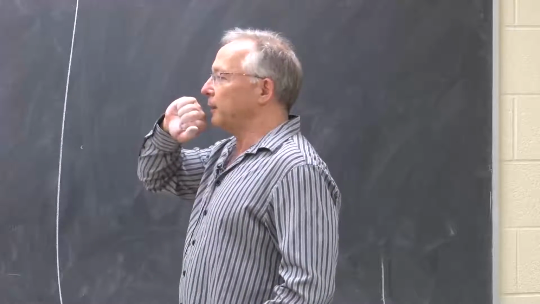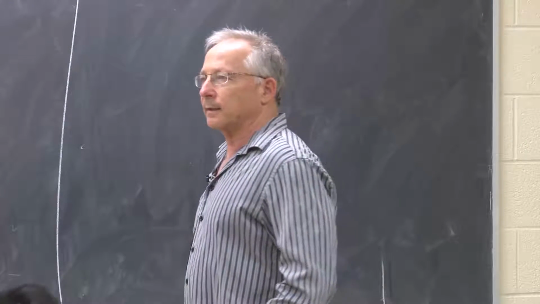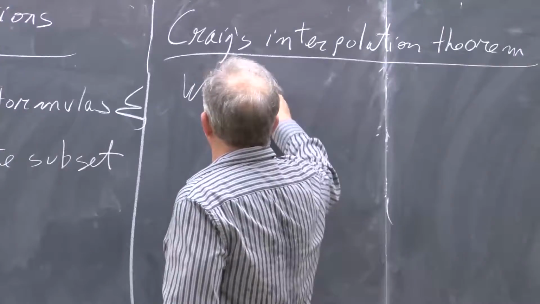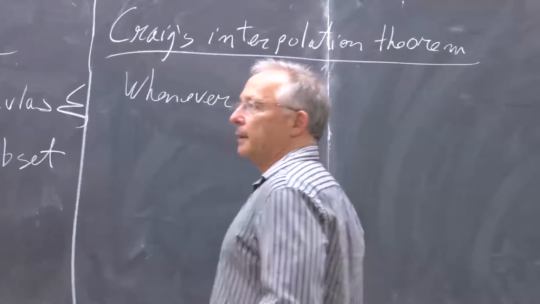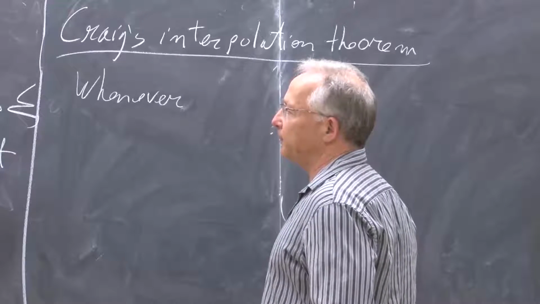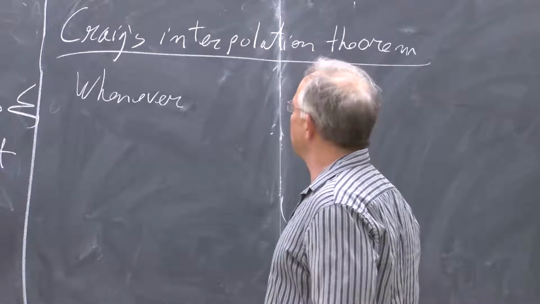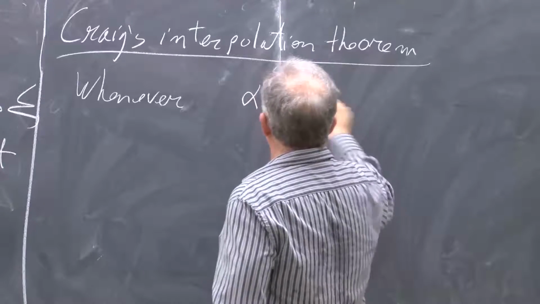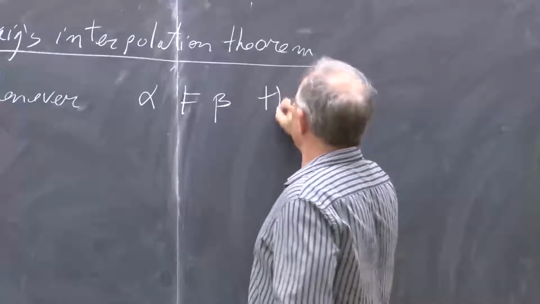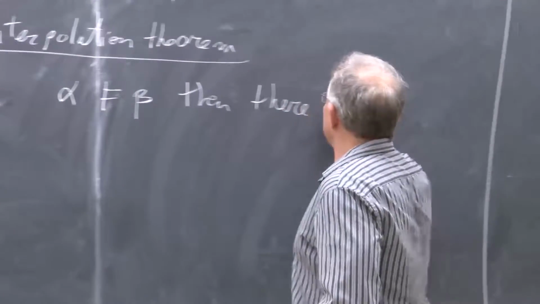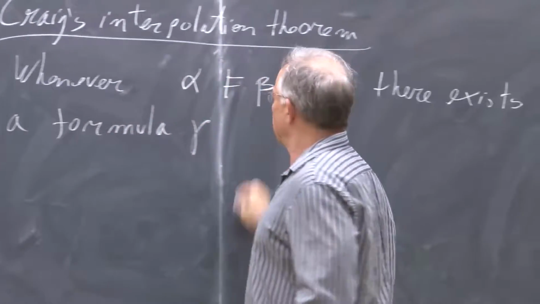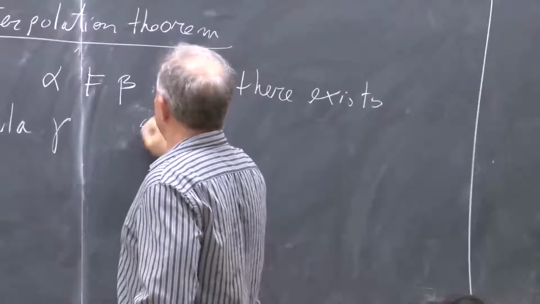Craig's interpolation theorem says that, let's show it for formulas, whenever alpha logically implies beta, then there exists a formula gamma such that